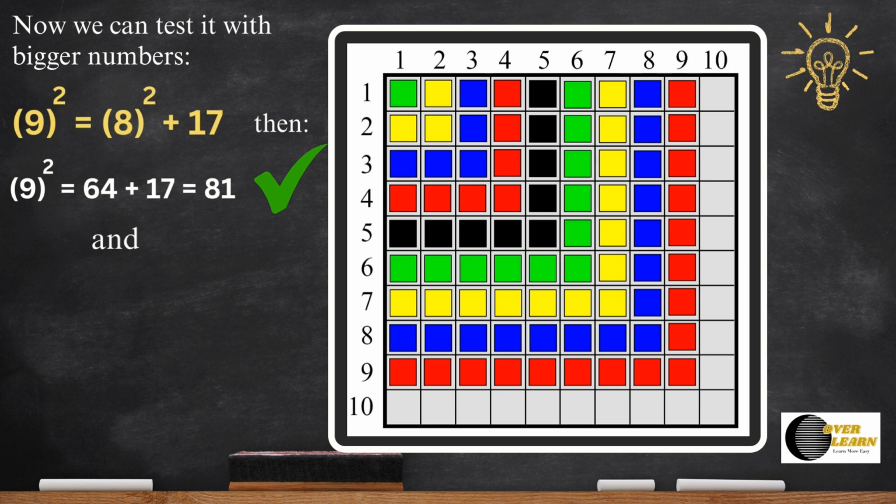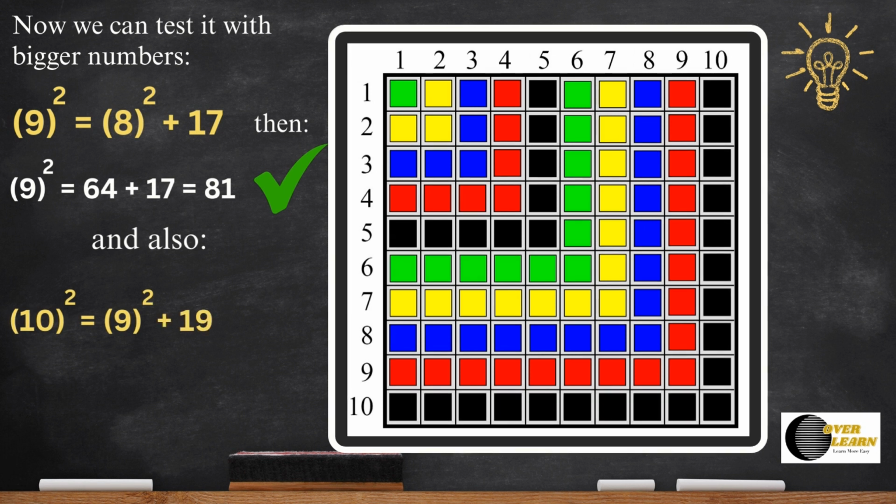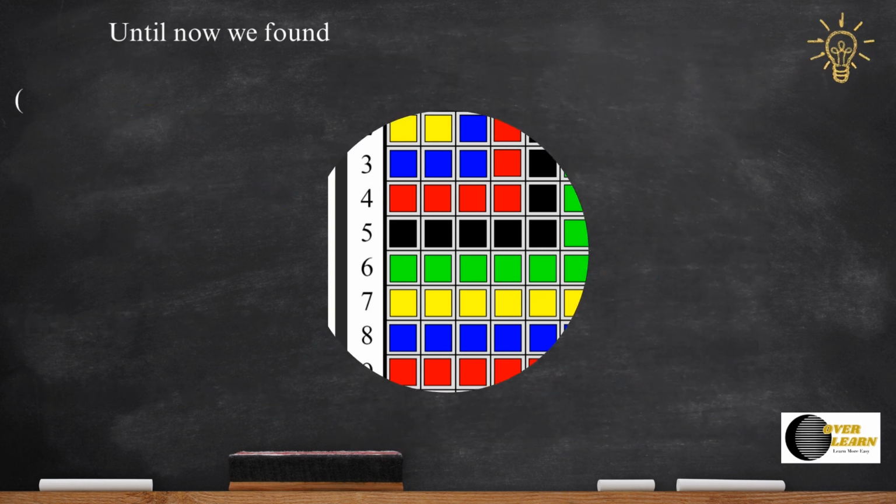And also 10 power 2 is equal to 9 power 2 plus 19. Then 10 power 2 is equal to 81 plus 19, which is 100. Right. Until now, we found that